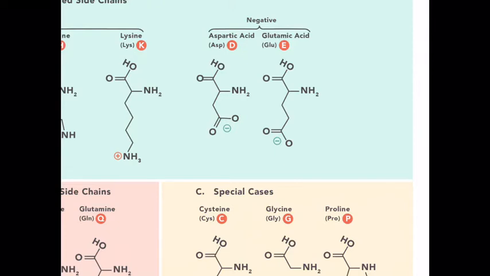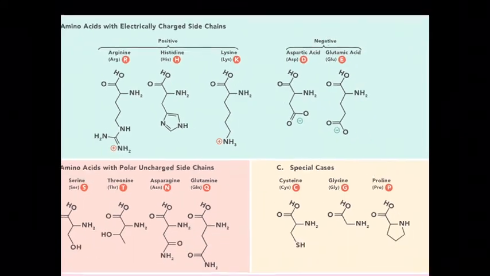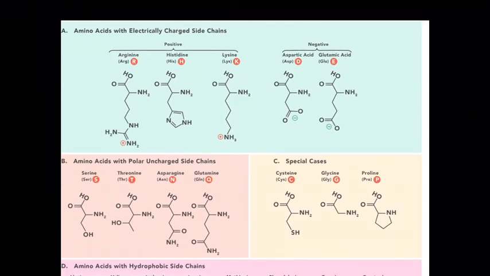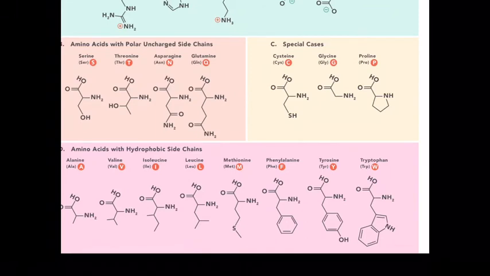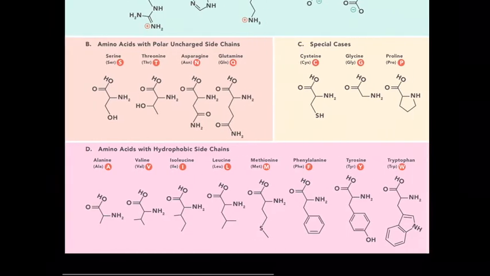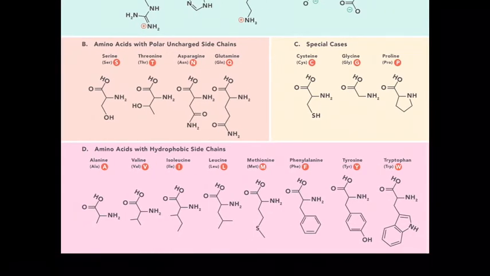The one on the left here, there's a positive charge to the side group. So you can start to see that some of these amino acids are going to behave a little differently in given situations if some of the side groups have different charges to them, if some of the side groups are larger or smaller, some have nitrogen, some are just carbon, and some have sulfur in them. So there are variations. Let's look at the bottom left here.